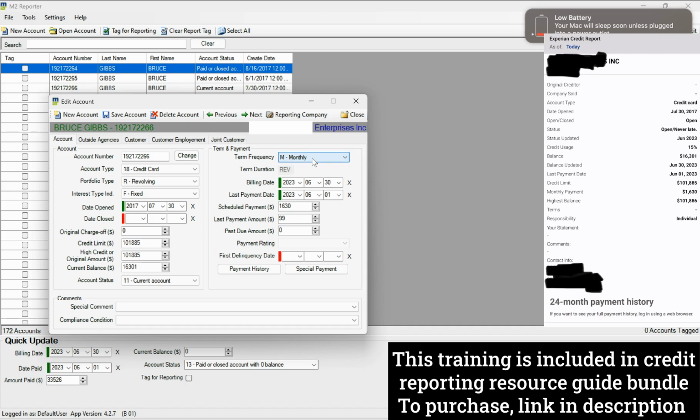Now this is term duration, revolving. It's just synonymous, it's the same thing, revolving. All right, it's a revolving account. So now, billing date. Now the billing date is